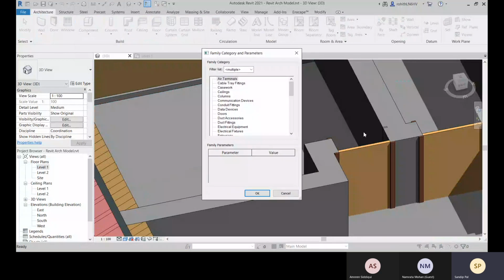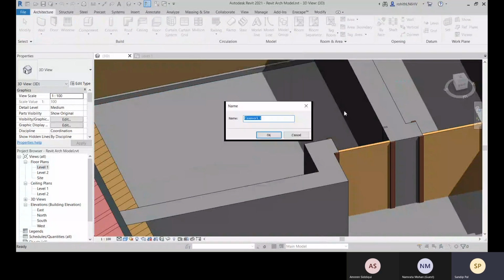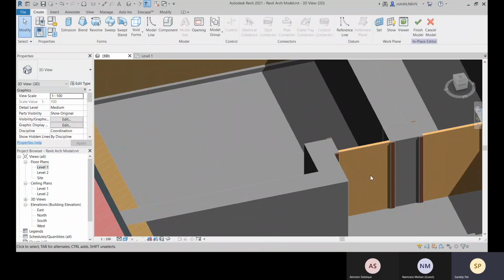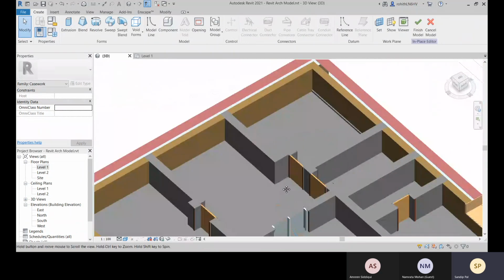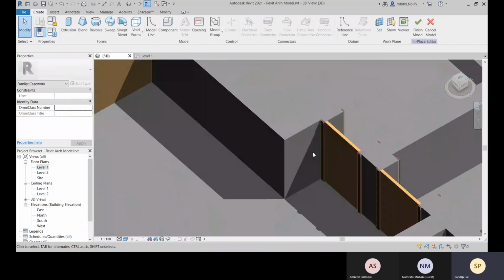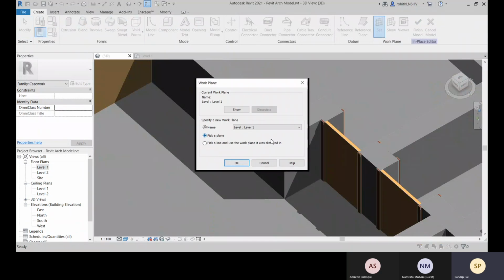Let me go with model in place, and let's go with this casework and squaring 2. Okay, and what we will do is assign the work plane.